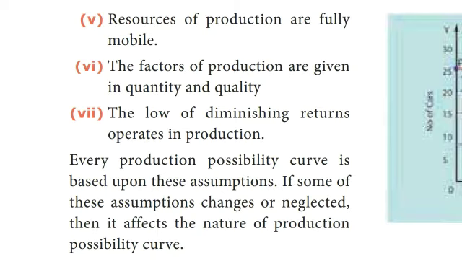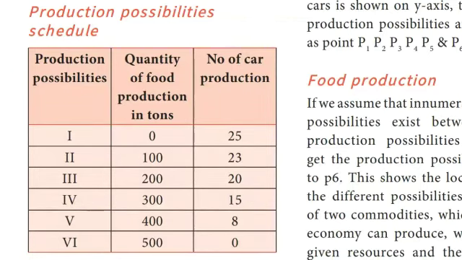If any of these assumptions changes or is neglected, it affects the nature of the production possibility curve. To draw this curve, we take the help of a production possibility schedule as shown below. The schedule suggests that if all resources are thrown into the production of food, a maximum of 500 tons of food can be produced. Given the existing technology, if on the other hand all resources are instead used for producing cars,